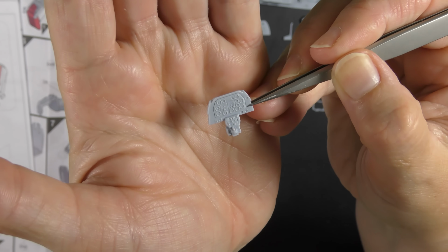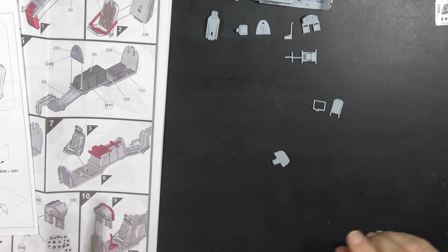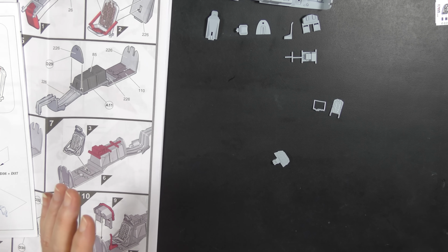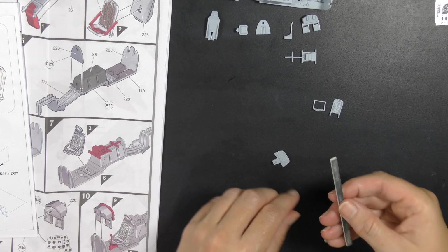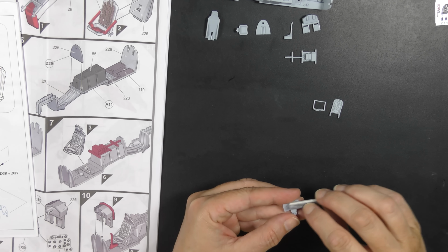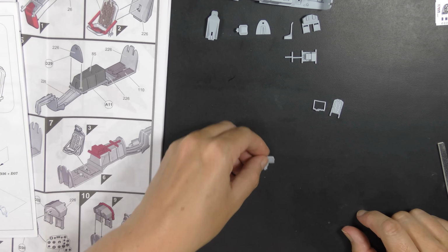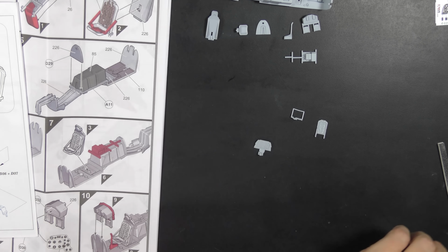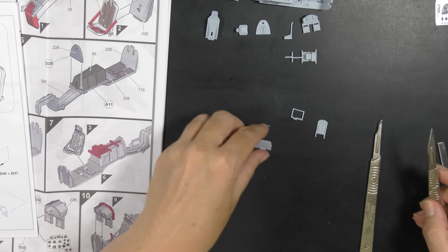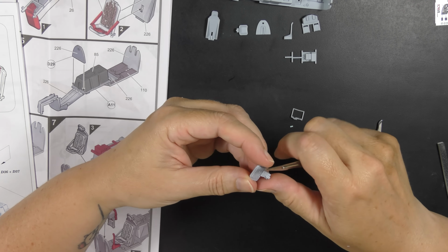all of this raised detail needs to go. And the way I do that, and this is just me, there are multiple ways. You can use a sanding stick or similar, and you can sit and sand it all off, and it will take a minute. But what I tend to do actually is use my scalpel to get the worst of it away. If you're going to do this, this is a fresh blade now, please be careful,